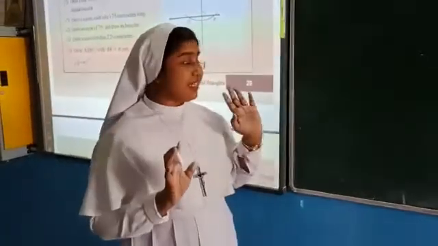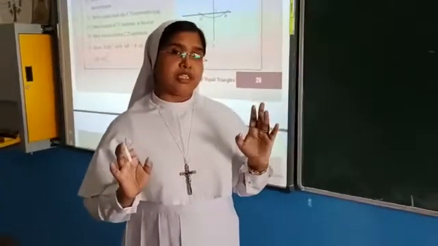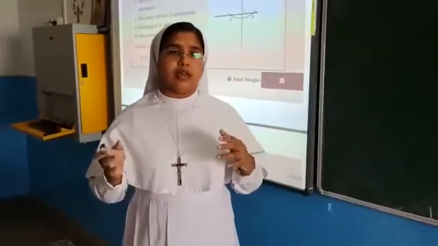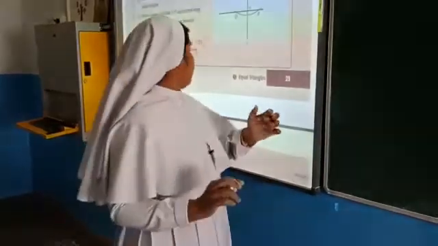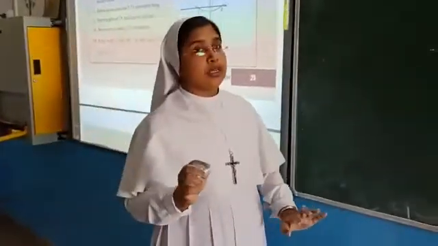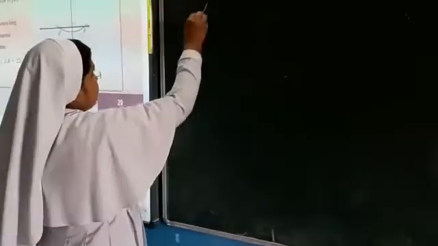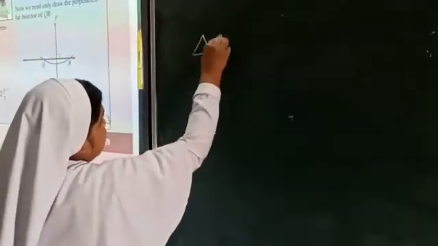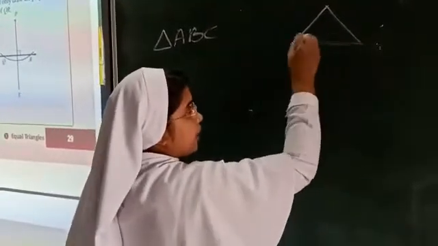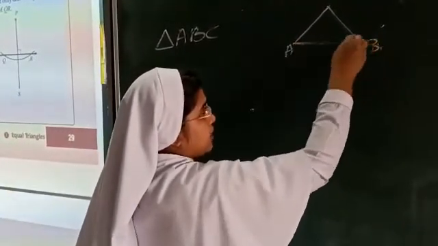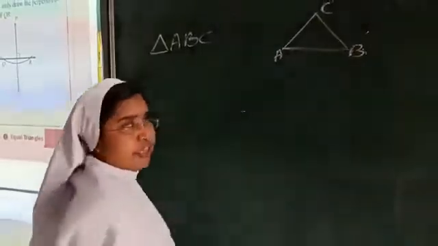So, this question is very important. Even last year and the previous year, one exam or the other, this question has been asked. The first part of the question is, draw triangle ABC. So, the figure has to be almost like this. A, B, C. You can draw a rough figure and see.